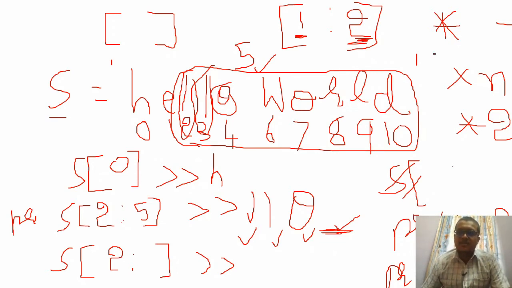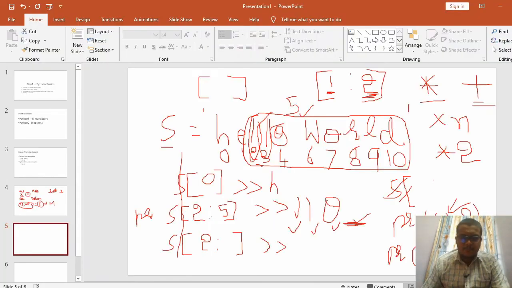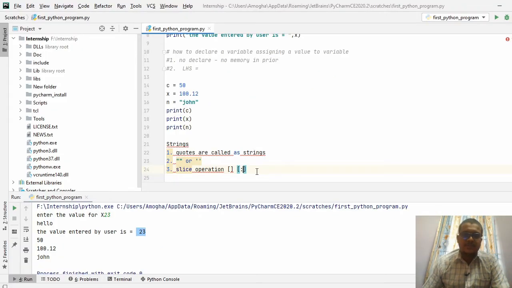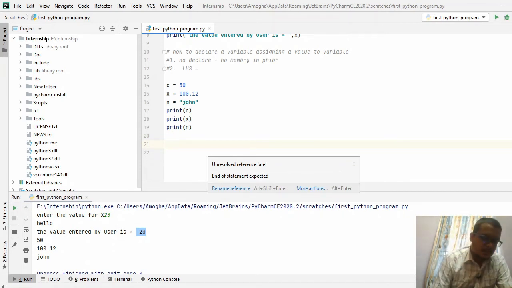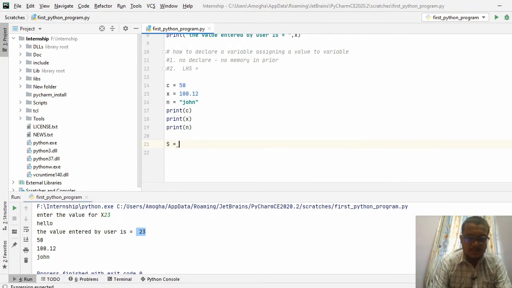So it performs multiplication and concatenation with a string operation. So this is all a slicing operation, and this is multiplication, that is having asterisk symbol, and concatenation operation. Let me just see in an execution. A string as hello world, as I explained for you.